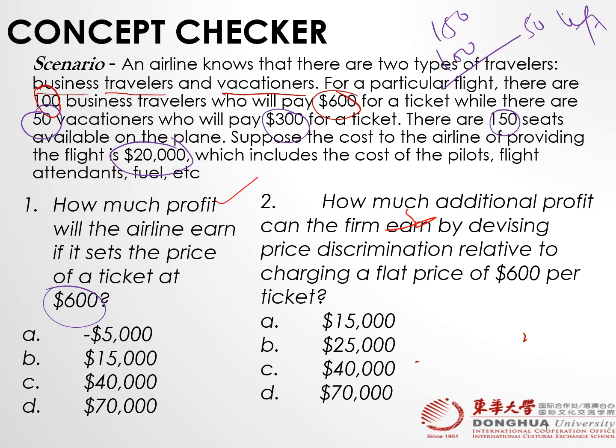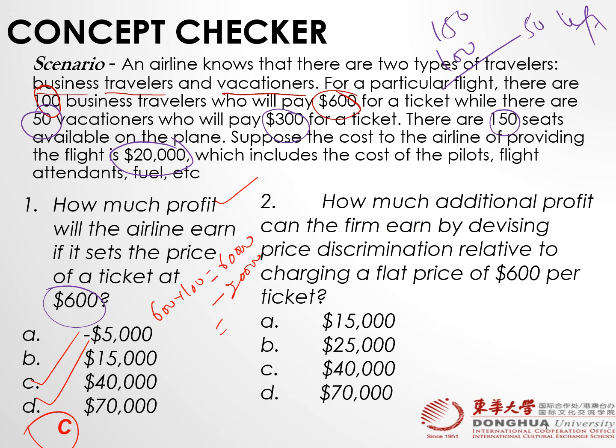So what is the answer here? Profit, right? We're talking about the profit. So what is the answer here? That 600 multiplied by 100 seats is equal to 60,000, minus the cost 20,000. Answer is C. See the answer? C. Right? And now,